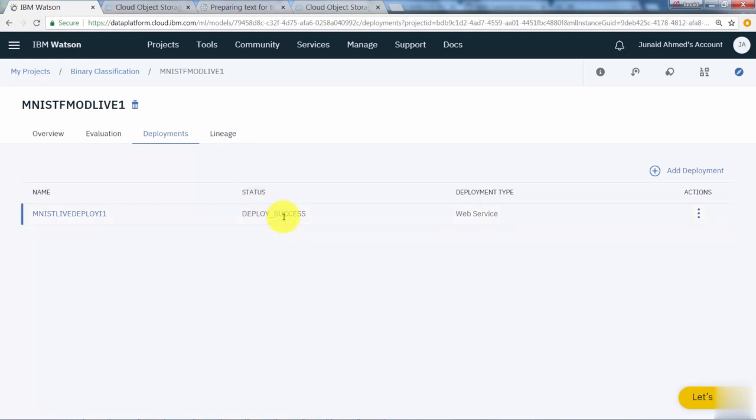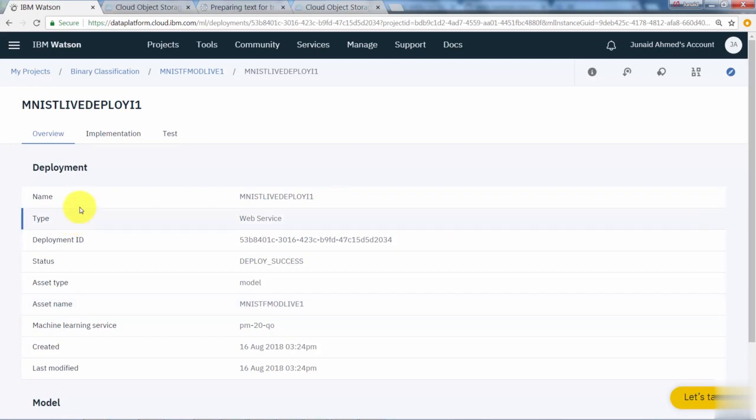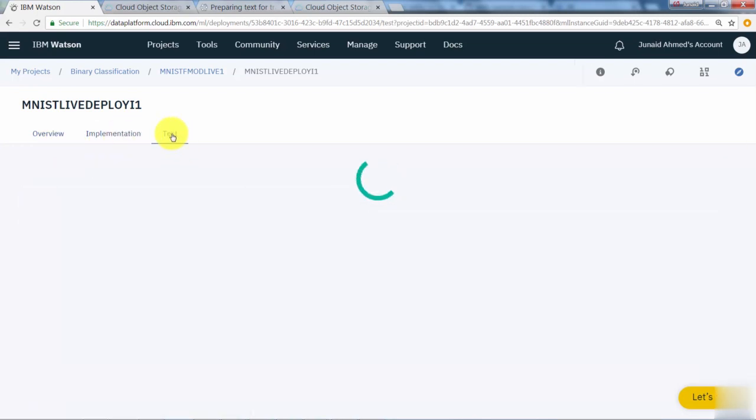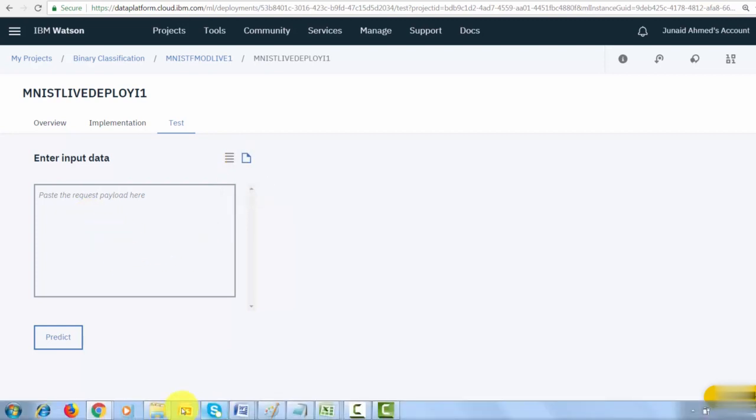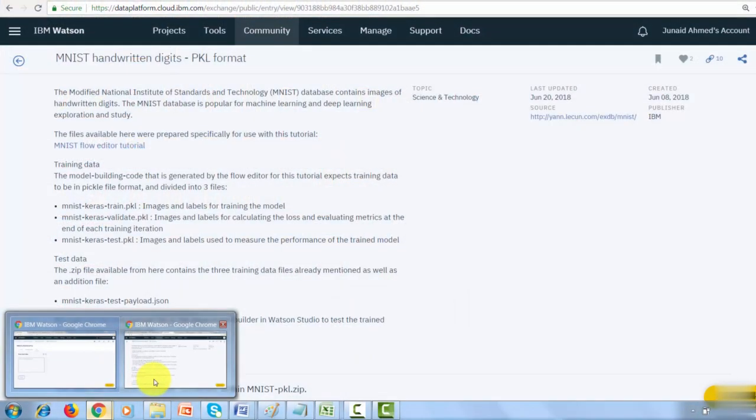Now what we're going to do is test it. Go inside the deployment. These are all your details of the deployment, and we want to be on the test page. If you're seeing this for too long, you can hit refresh. There you go. This is the test page, and here you have to paste your payload. The format is you have to give the actual values. The file which we downloaded requires some additional processing. To make it easy for us,